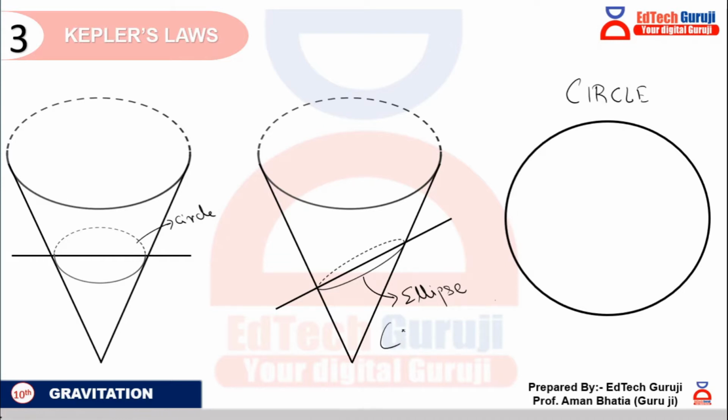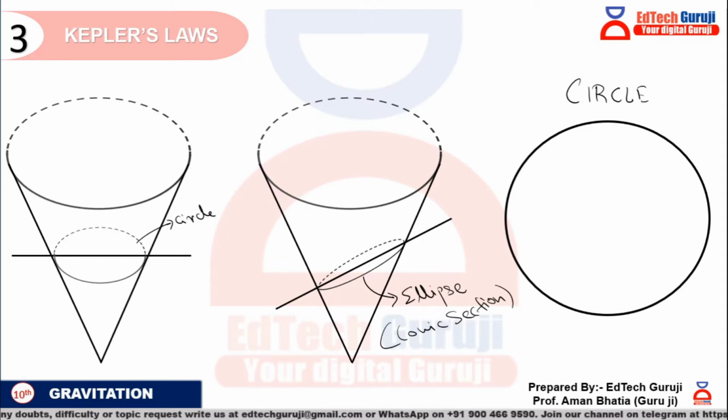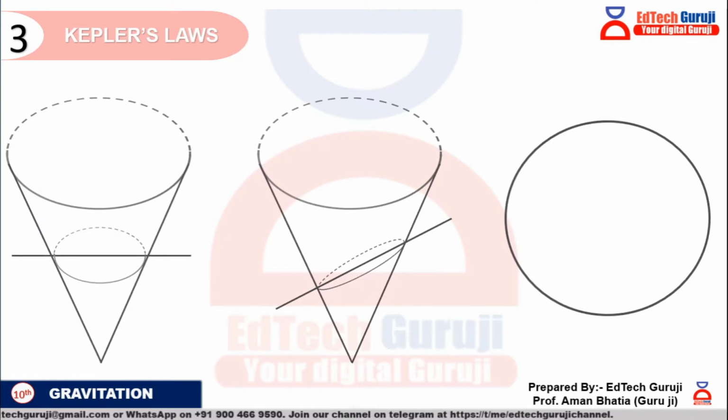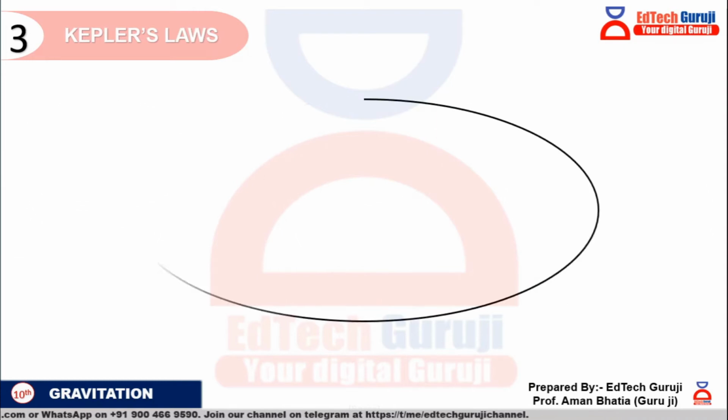Later on you will study something called conic sections in mathematics, where you will study this in detail. But for now, understand this is what an ellipse is. An ellipse is formed when you cut the cone obliquely. Now our understanding of the shape is a little better, so let us understand a few more key aspects of an ellipse. This is how an ellipse looks.